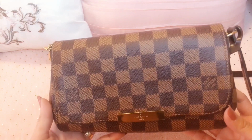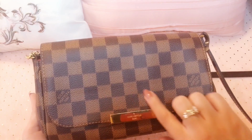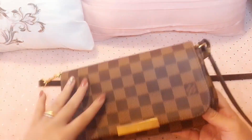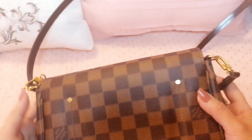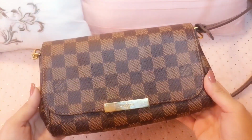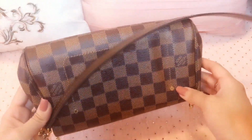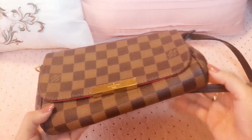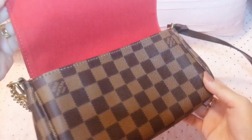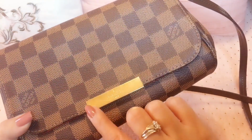So in the front, as you can see, there are these two Louis Vuitton logos. They are right side up, and this is one continuous piece of canvas. So at the back, you can see they are upside down. And it has the magnetic closure,